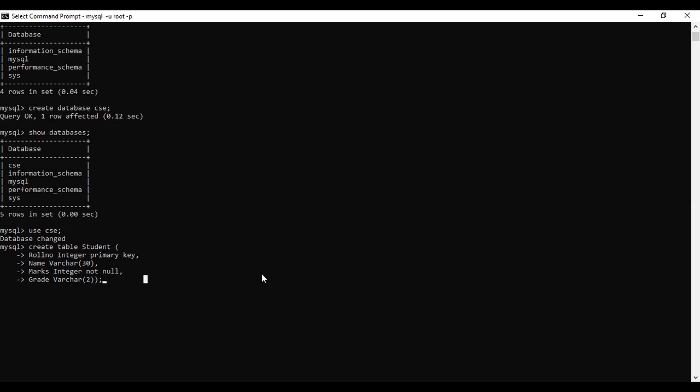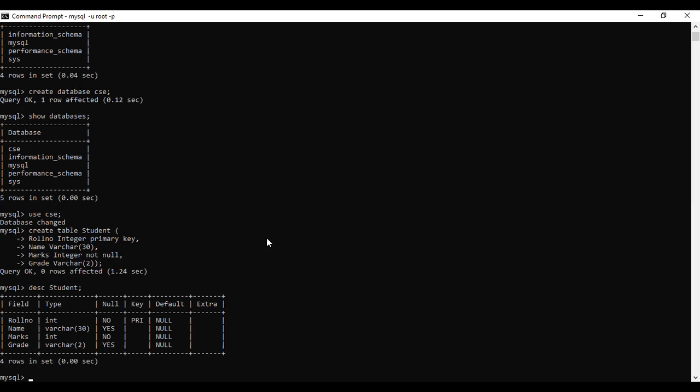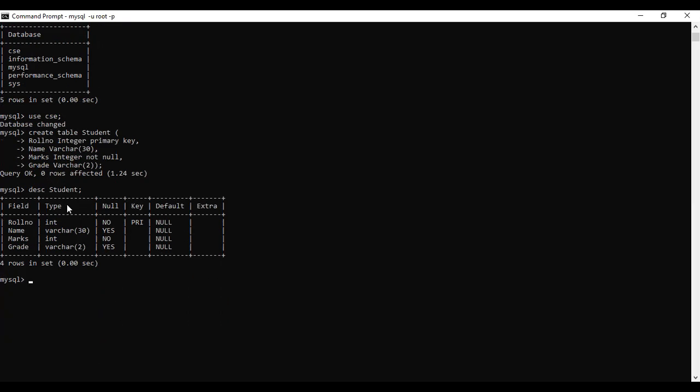And when we press enter, the table is created, right? The table is created, and you can see the description of the table just created by using the command desc table name. The table name is student. Then it gives information like this. The table contains these fields and the type of the fields, and the values you have given, null initial values, and this is the primary key. I already set roll number as my primary key, and default values are all null, with something extra like that. This is the description of the student table I created in my database CSC.